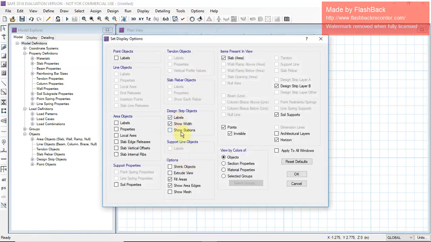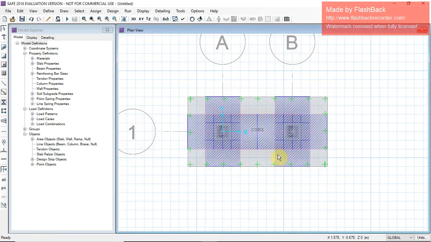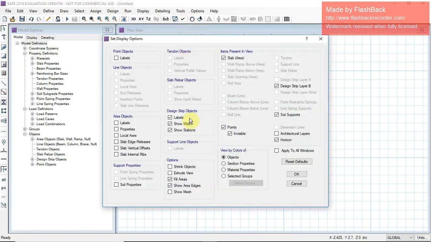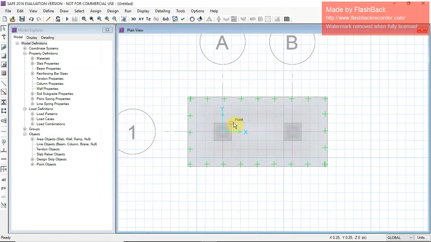Here you can see in display mode: strip levels, show bits, show stations. Okay, here you can see the strip bits. Now you have to go forward.